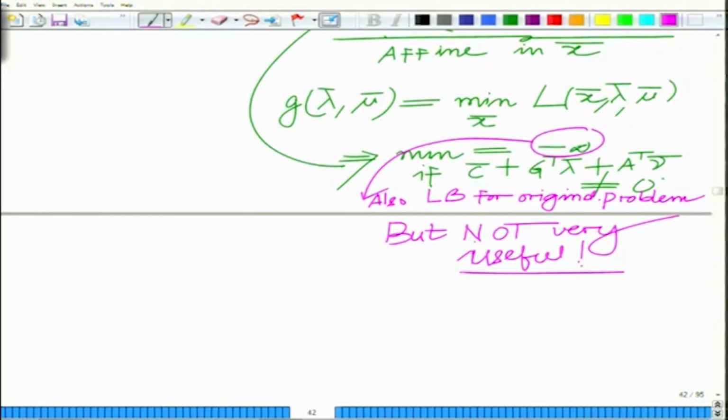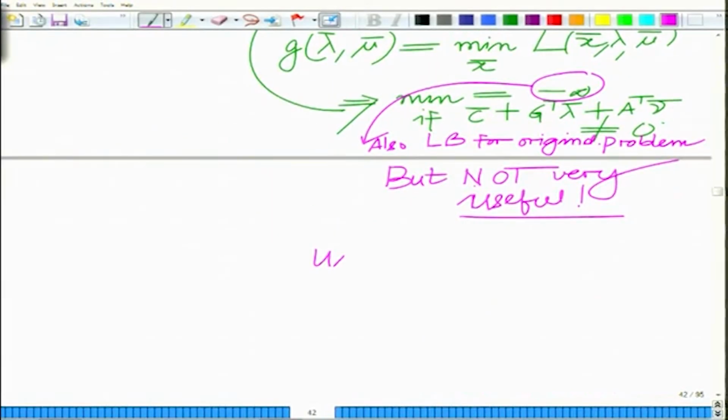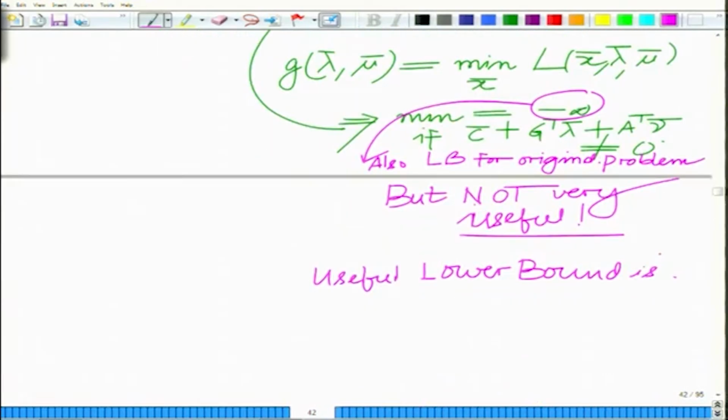It is not very useful. So, instead we want a certain lower bound which is more useful, and that you will get by considering the other case, when C bar plus G transpose lambda bar plus A transpose nu bar equals 0, then the lower bound is,